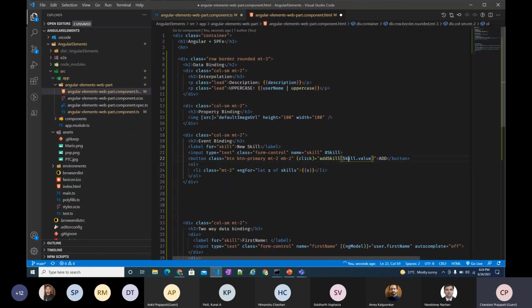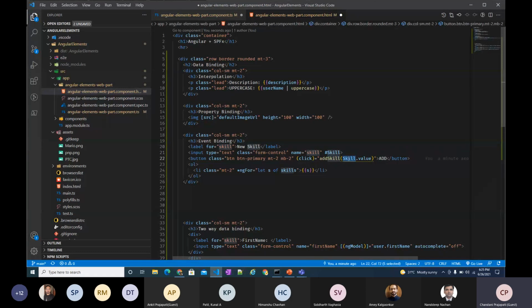Now from where is this skill coming, right? In the input box I want to get the value of the input. So in Angular we have to use a hashtag and any name. So I have added hash then skill. Now I want to get the value of the input. So how can we get it?